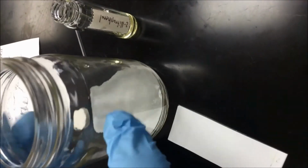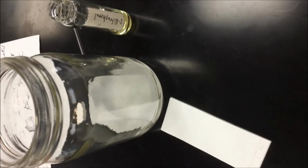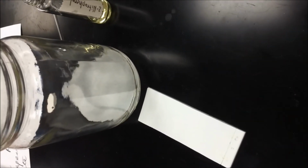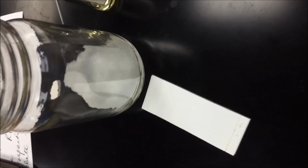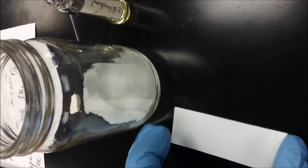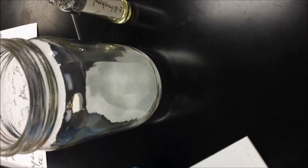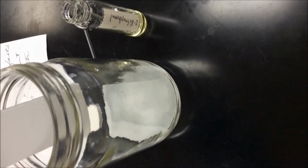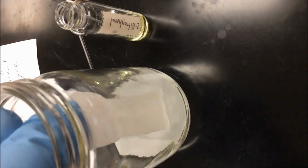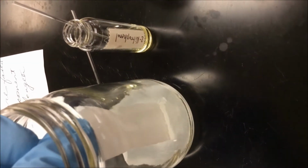Notice there's a little filter paper inside, which is basically to help the TLC stay where it is, and also help in generation of that equilibrium. So all I'm going to do is, you can use a pair of forceps for this, or you can just hold it by the edge, and in one quick motion you want to let it